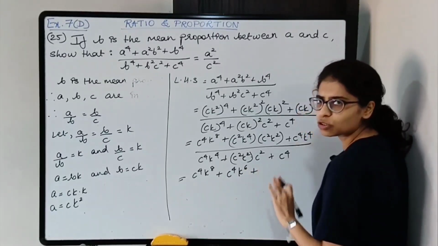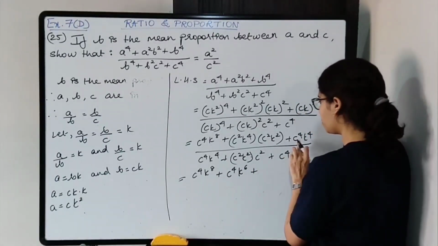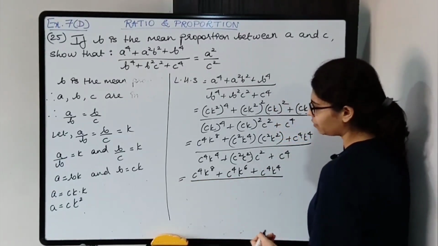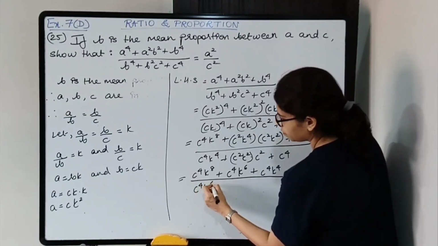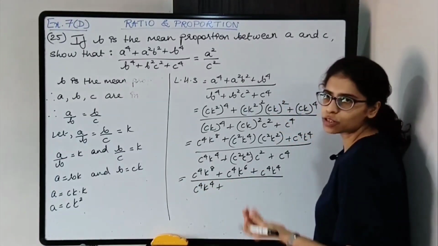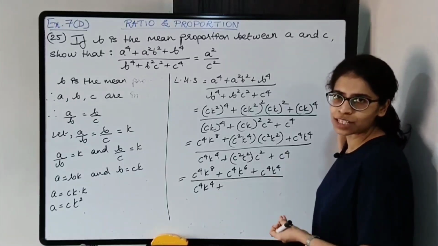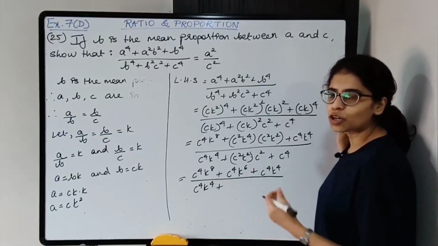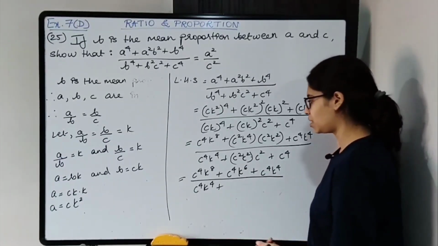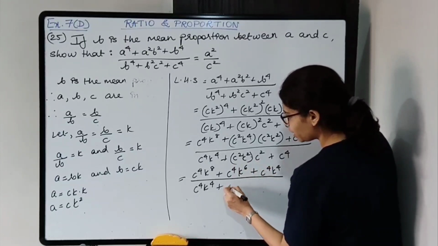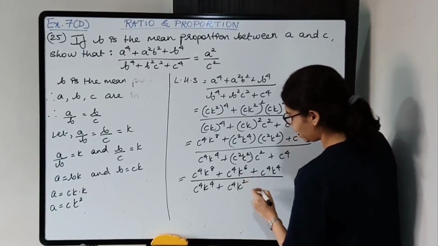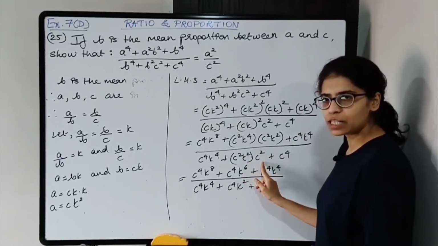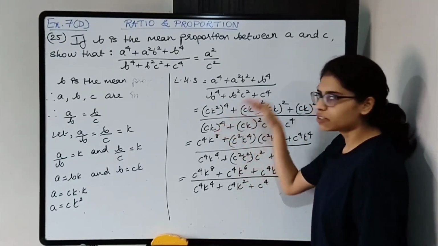Law of indices should be thorough. Okay students, the powers you should know. So C raised to 4, K raised to 4. Your basics should be very, very clear. All right. So in case you have any doubts, if you don't understand, please clear your basic concepts first, then come to these chapters, because here you will not be able to understand properly. You might make mistakes. Okay. So C square into C square, C raised to 4, K square plus C raised to 4. Wherever there is multiplication, add the powers, and whenever you have power raised to power, you will multiply the powers.